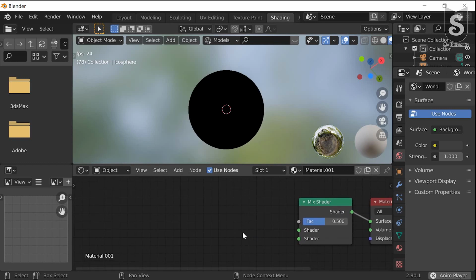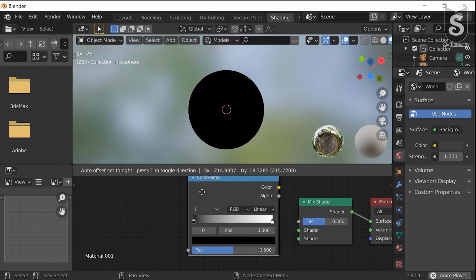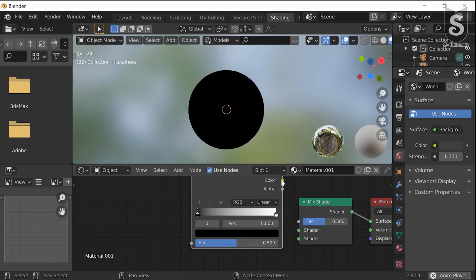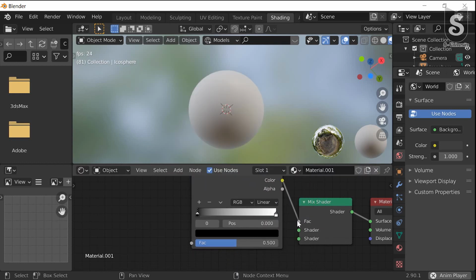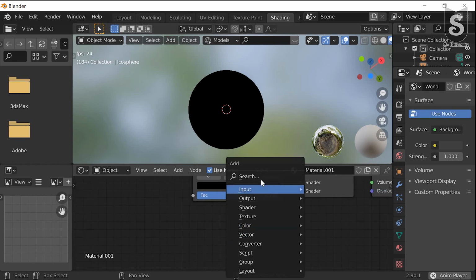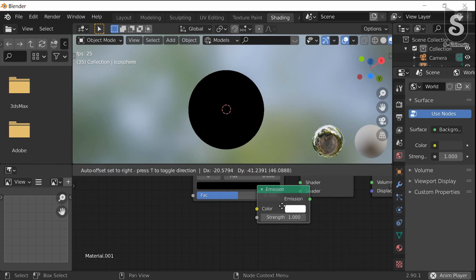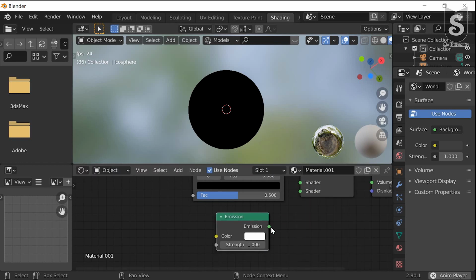Now press Shift A, color ramp. Connect it with the factor of the mix shader. Press Shift A for emission. Connect it to mix shader 1.